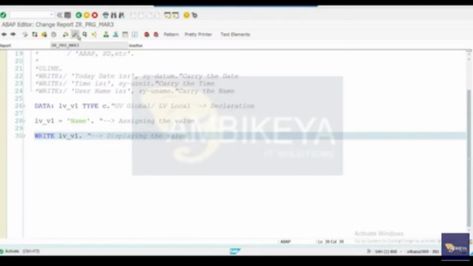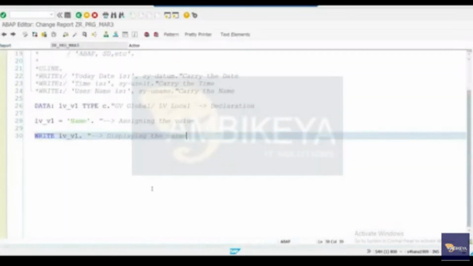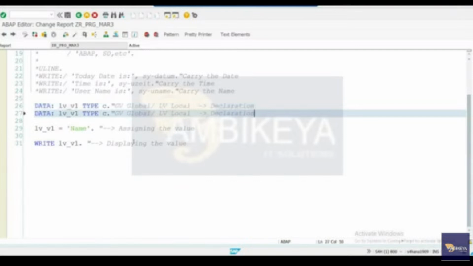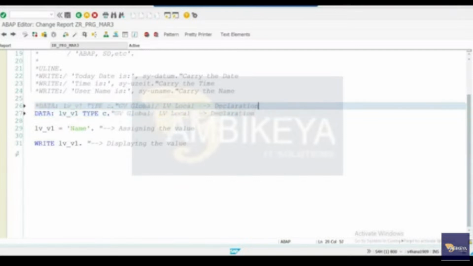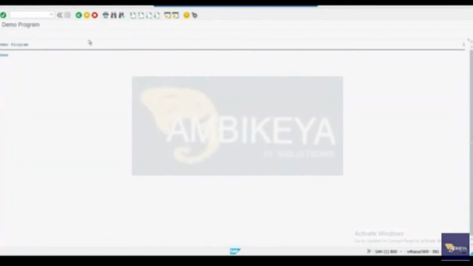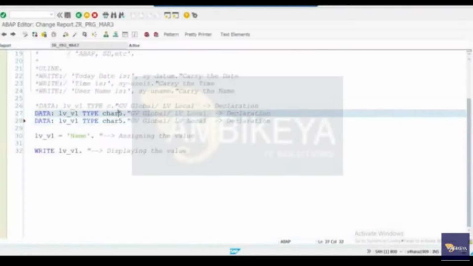Manath, can you please tell me what can be the output? Name. No. Only N. Only N. Why? Single character. Exactly. So now I have to increase its length. In two ways I can increase. One is I can type character 5, and then print it. Another way is I can keep it as C,